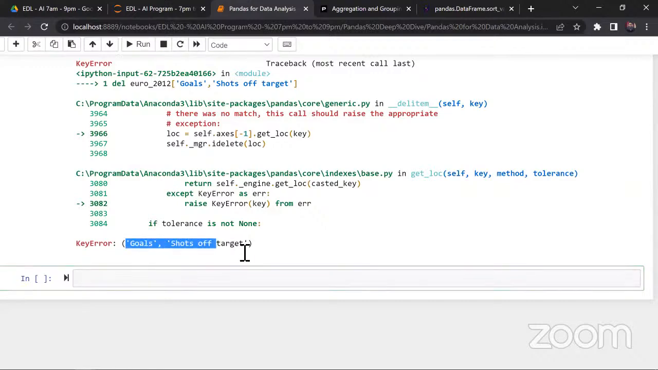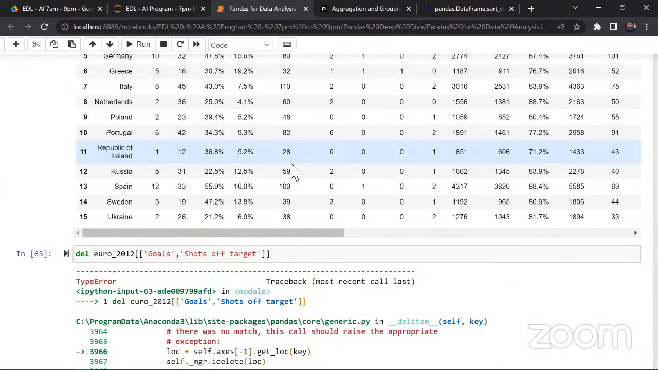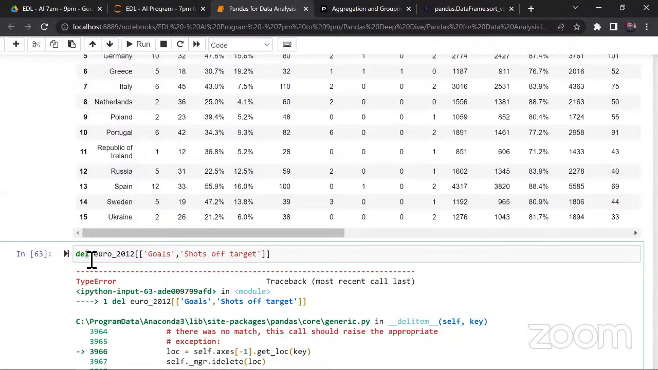Now we learned from the last chapter that if it is more than one, we have to give it within a list. Let me also try to give it within a list. I've taken these two columns inside a list, right? Now again, this is not going to work. It is going to throw you an error. Why? Because you can't drop multiple columns by using this delete keyword. By using the delete keyword, you can drop only one column at once. Now my goal is how do I drop multiple columns at the same time? For that reason, you have to use something called